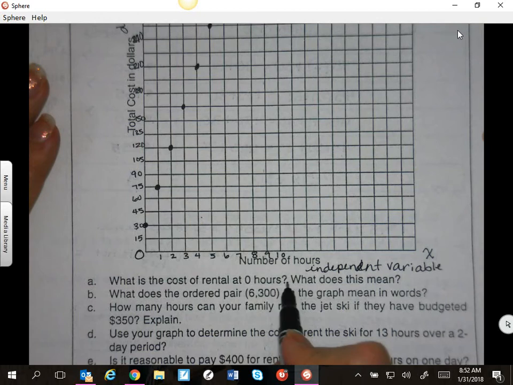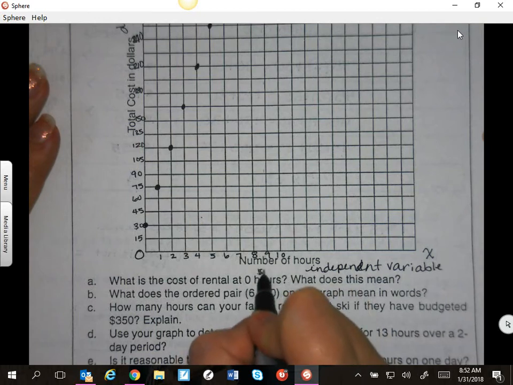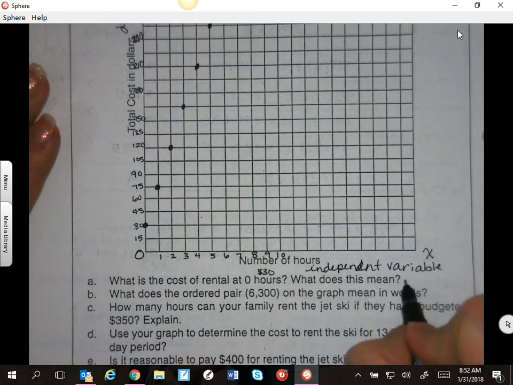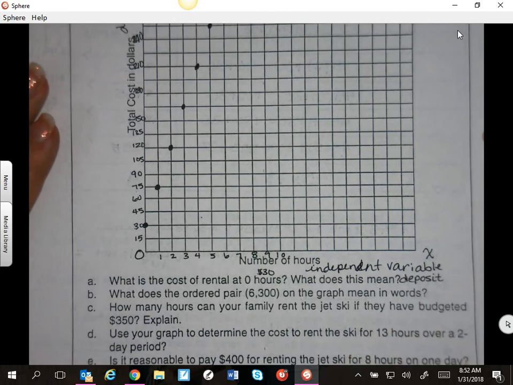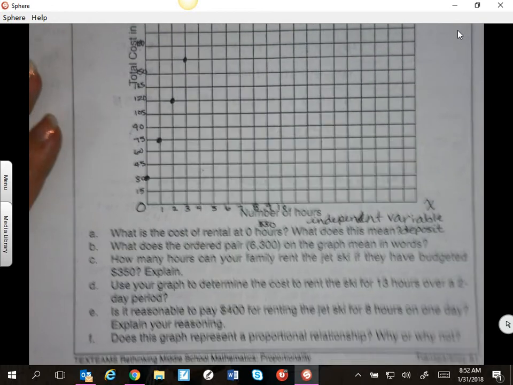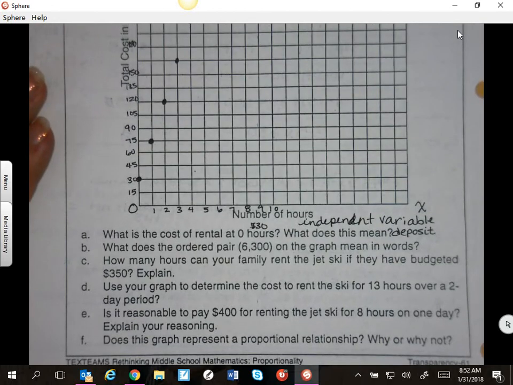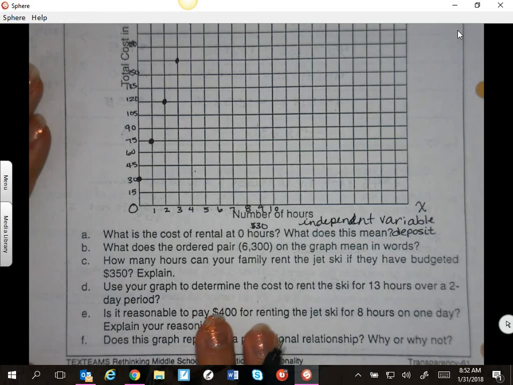So what was the cost at 0 hours? $30. What does this mean? This means that that's your deposit. You have to pay that $30 no matter what. What does 6,300 on the graph mean in words? So we can go here. 6